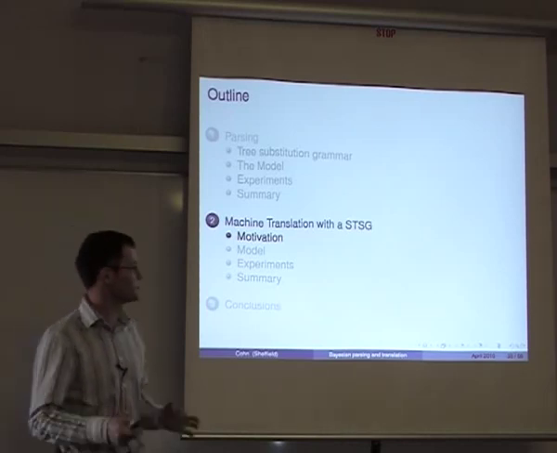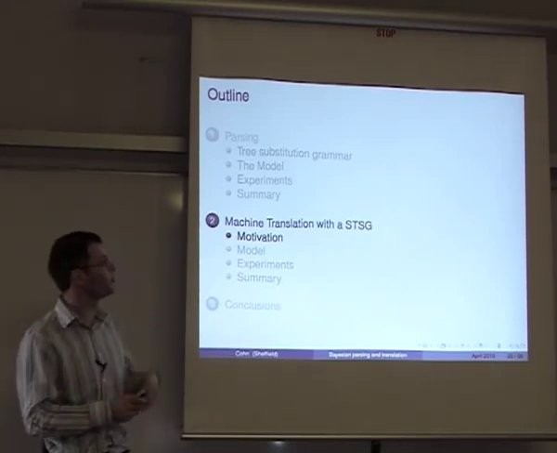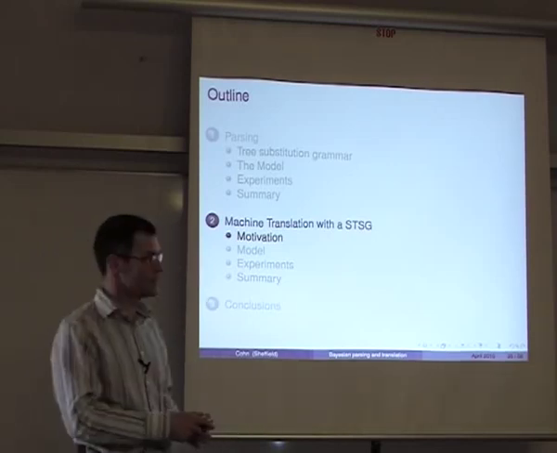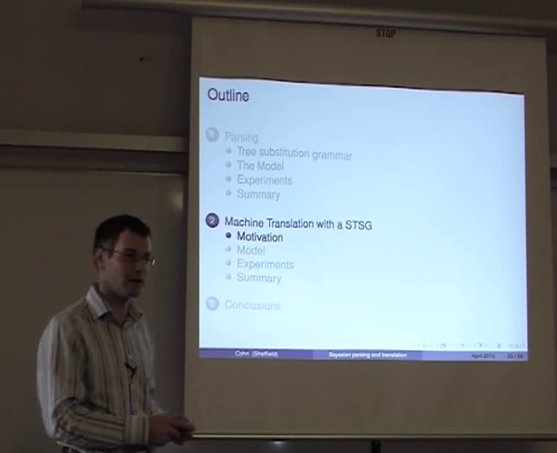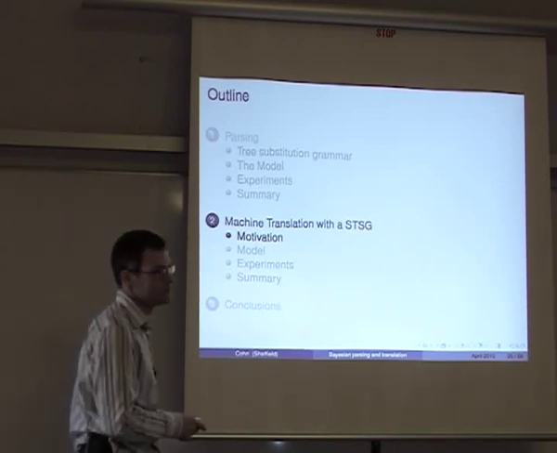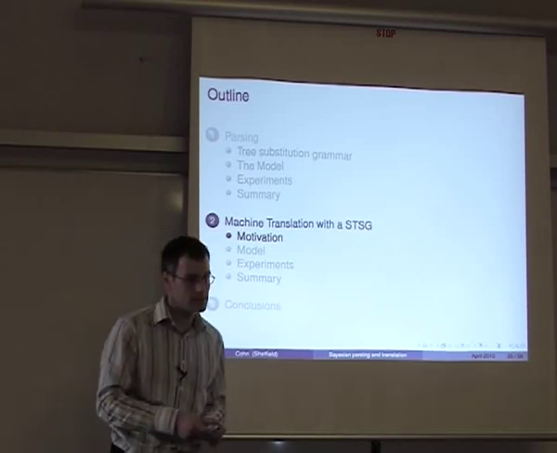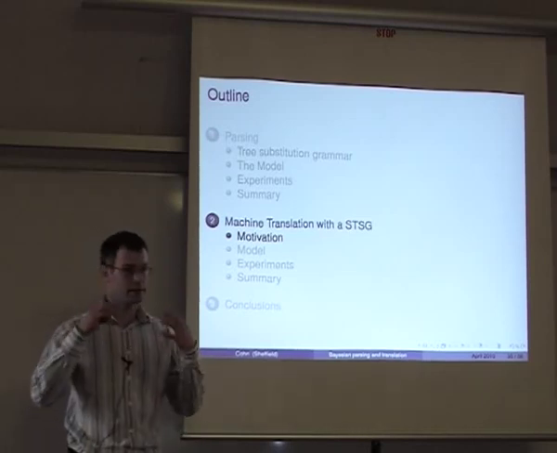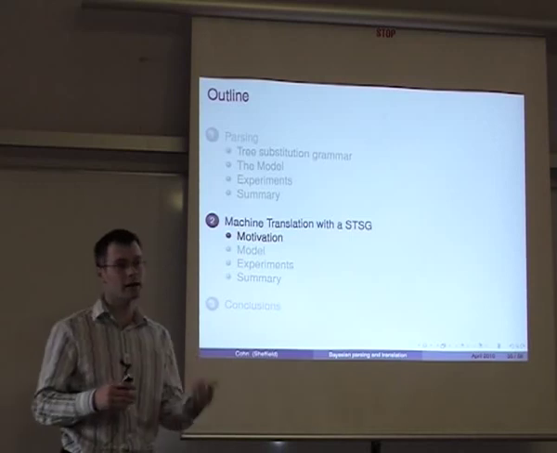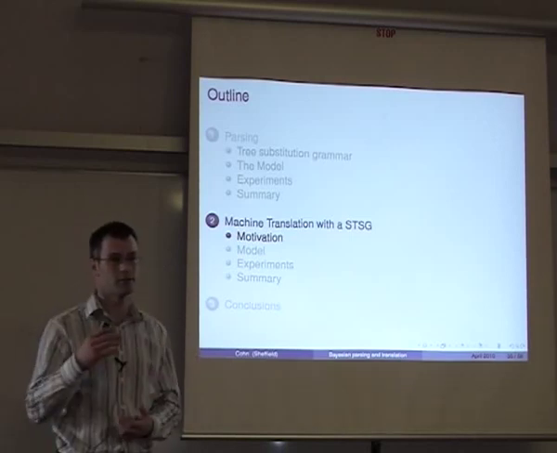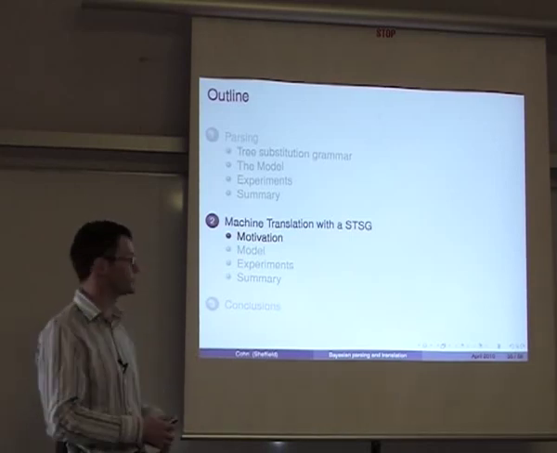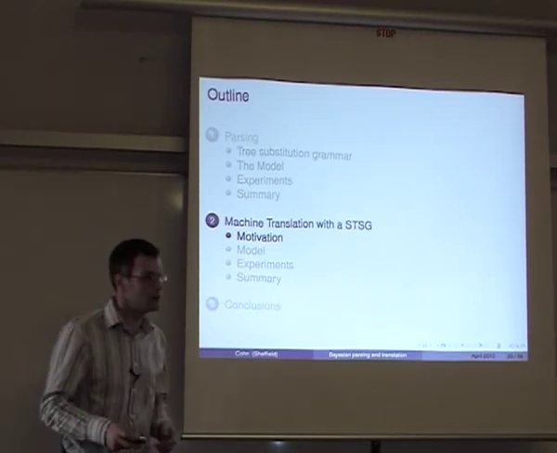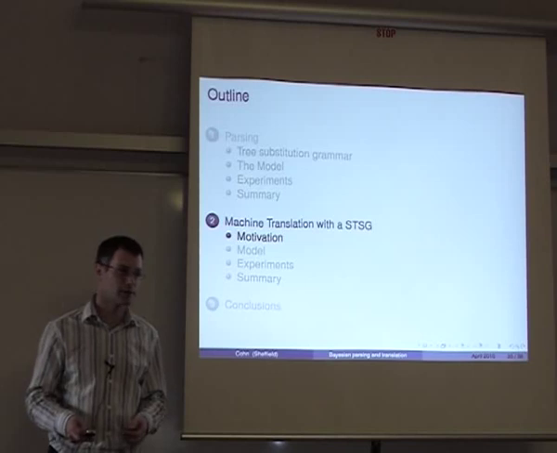So now I'm going to talk about machine translation. We've talked about a monolingual application, and now we're going to talk about a bilingual application. In recent work, in maybe the last 5 or 6 years, there's been a lot of work, especially from ISI, looking at taking syntax on one language and trying to use that to bias the translation models to come up with much better looking outputs. And this has been quite good, especially on Chinese English translation.